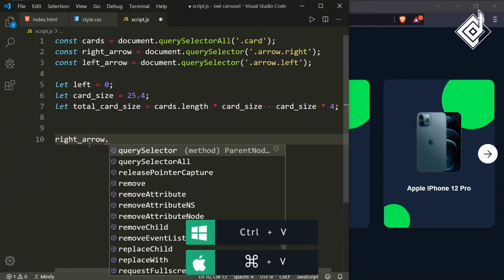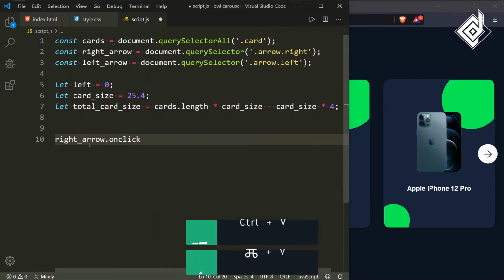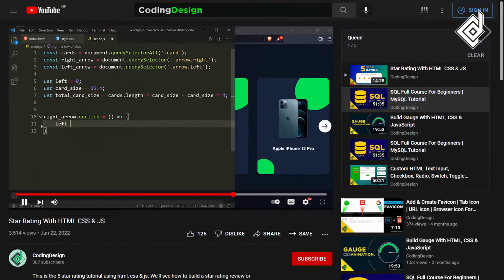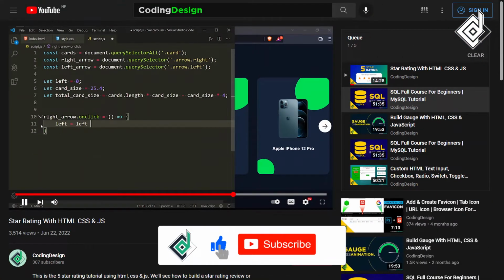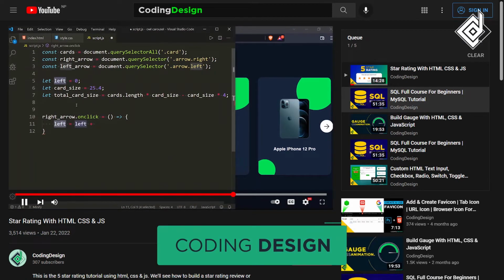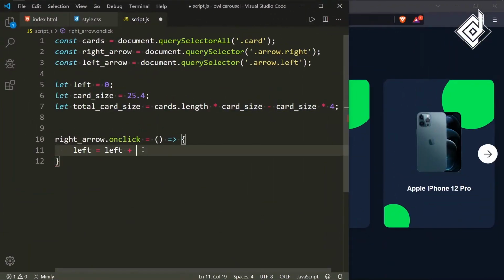Now let's copy that variable name, right arrow. Let's paste it. When you click that right arrow, I'm giving right arrow dot on click is equal to arrow function. Inside the arrow function, I'm writing left is equal to left plus card size. For the left, initially we have given 0.